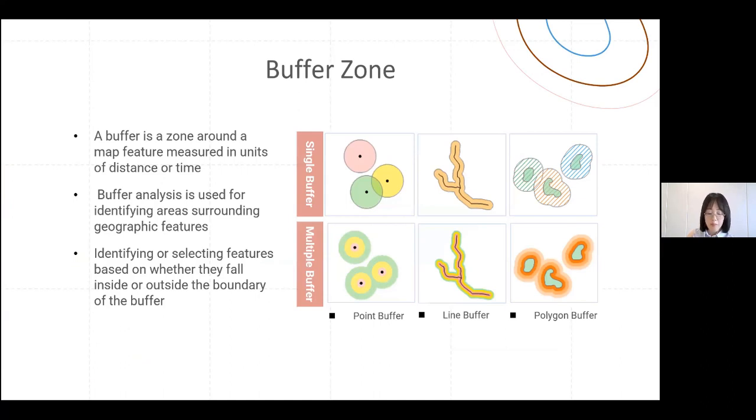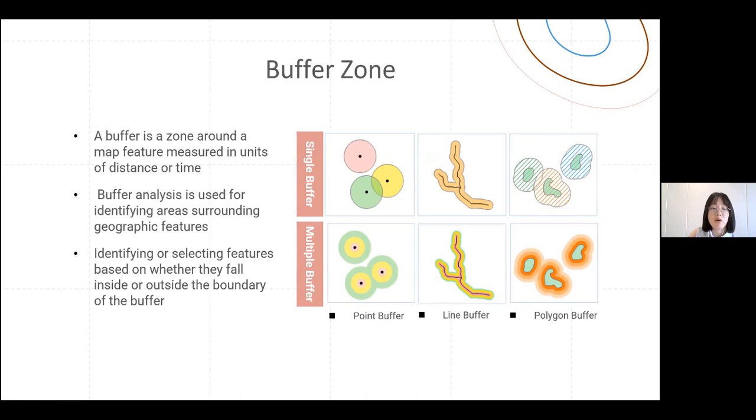Here, buffer zone is the area we create around a feature, to be measured in units of distance or time, so that we can identify the areas that would be affected by those features based on